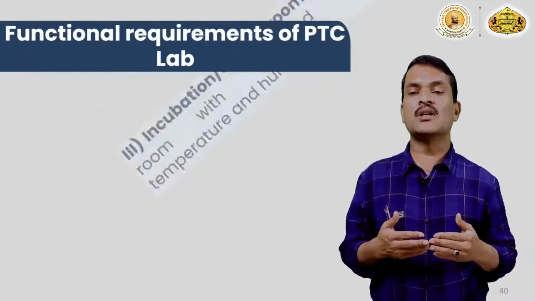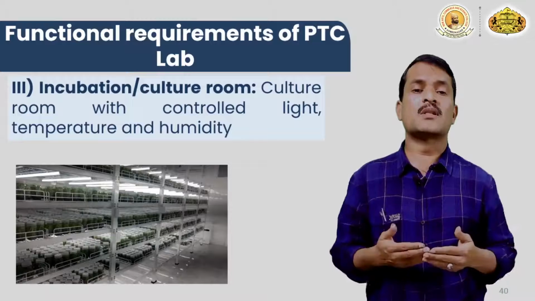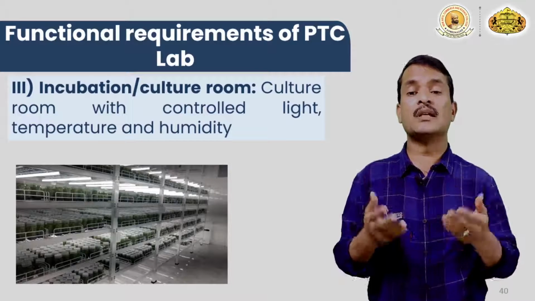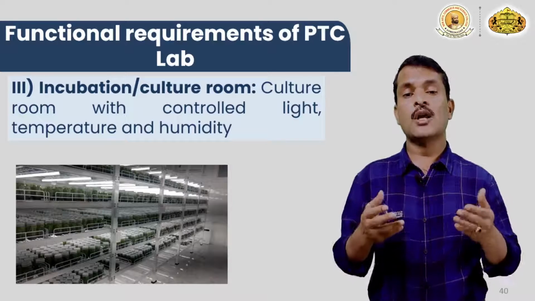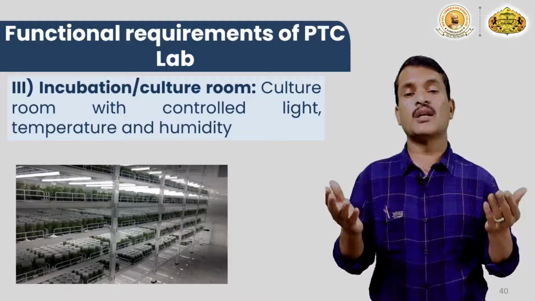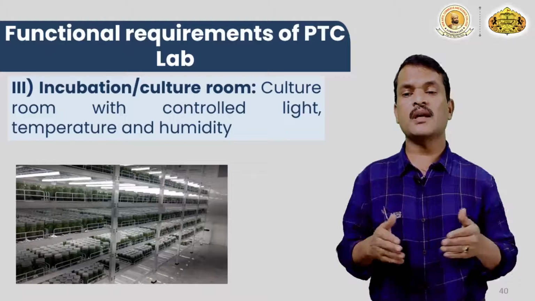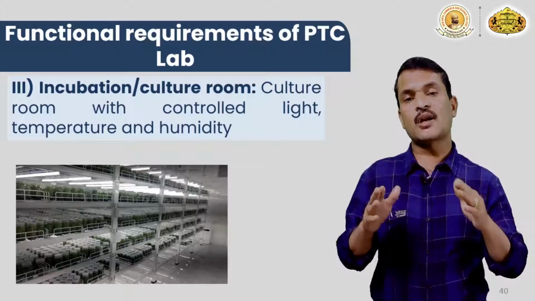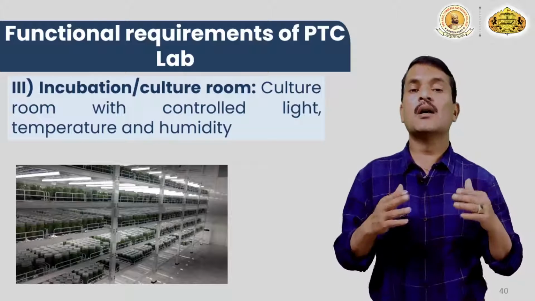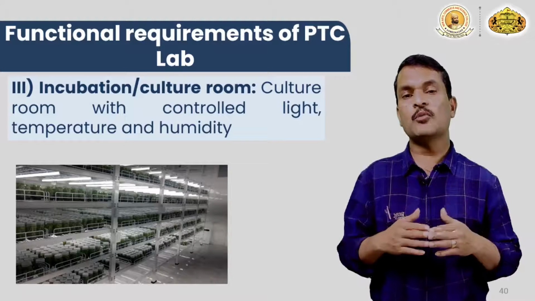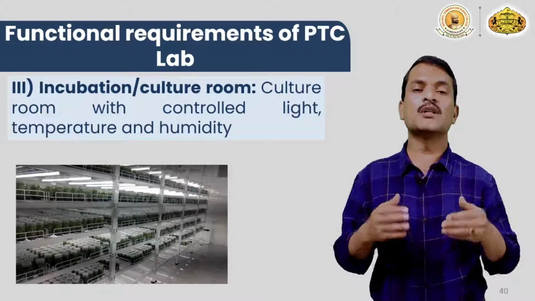We are going to talk about the culture room. The culture room is provided with light, temperature and humidity under controlled conditions. In general we need a temperature of 22 to 25 degrees Celsius for most plants for their growth. Such an environment we are going to maintain. In the tissue culture laboratory you need to maintain humidity of around 50% or more. That type of humidity is required, otherwise you need to equip it with humidifiers.